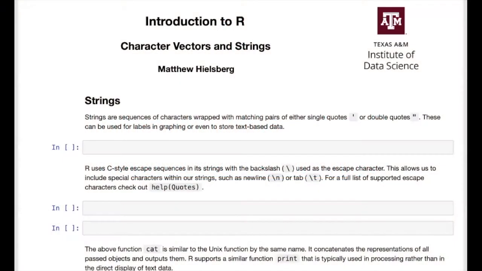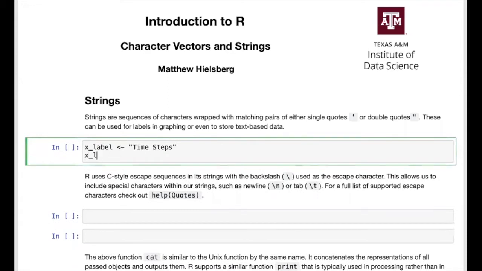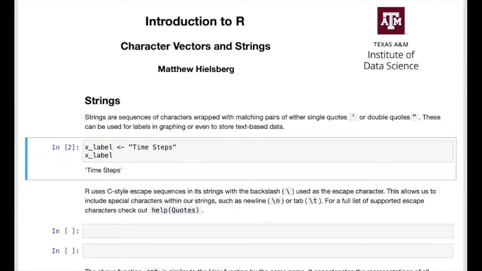In this video, we will be discussing character vectors and strings in R. Strings are sequences of characters wrapped with matching pairs of single or double quotes. For instance, we can create a variable xlabel and assign the string "time steps". Notice that I'm using double quotes here. I could have also used single quotes, and it does not matter in this particular example, as long as the